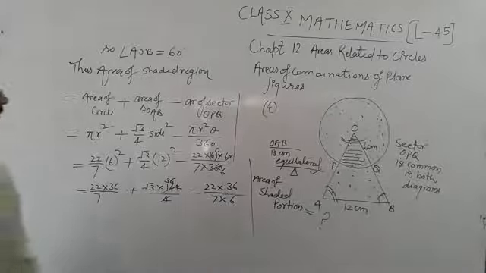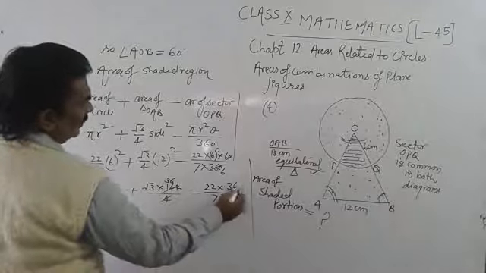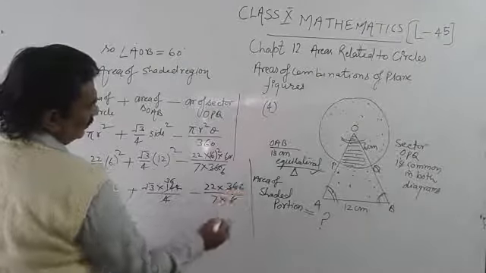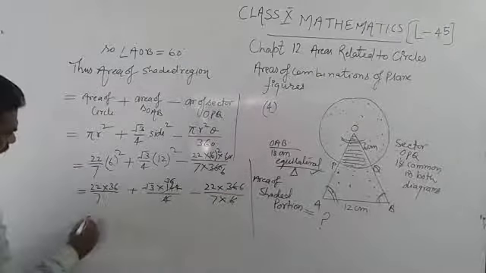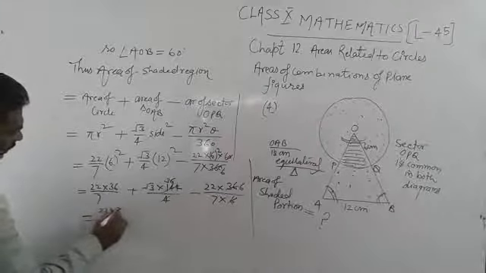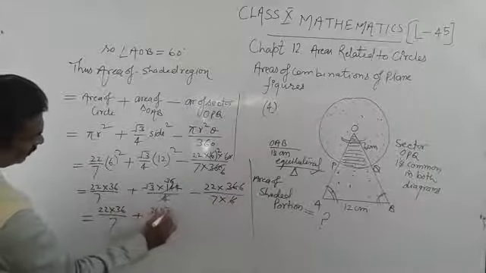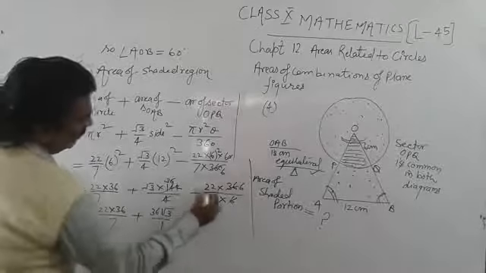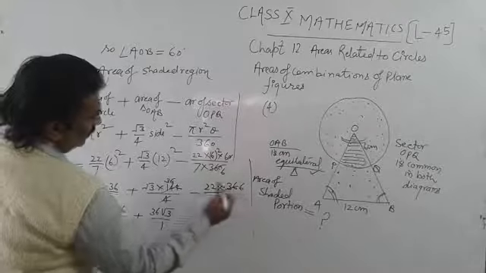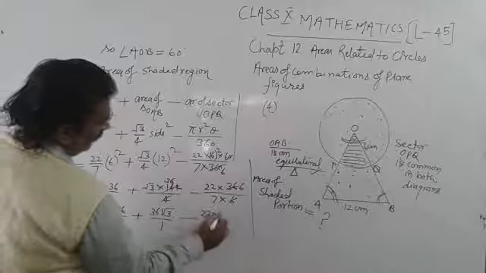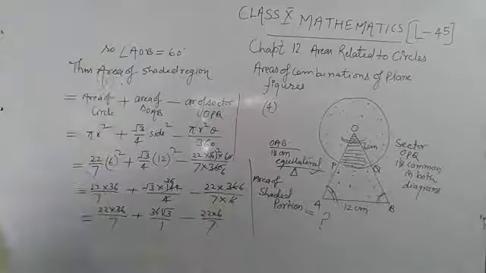Similarly here, 6 6 ja 36. Okay students, now 22 into 36 upon 7 plus 36 root 3 upon 1 minus 22 and 6 upon 7. So now students, I'll write down